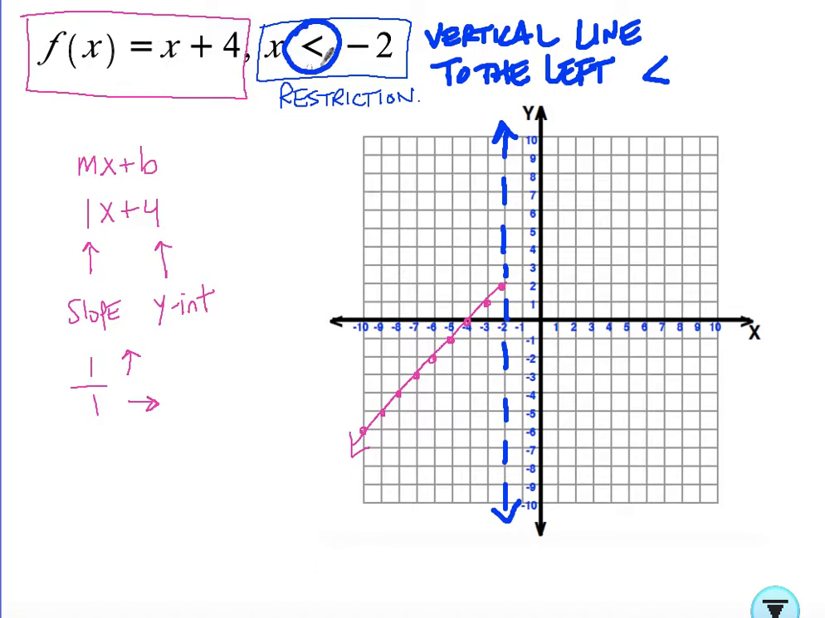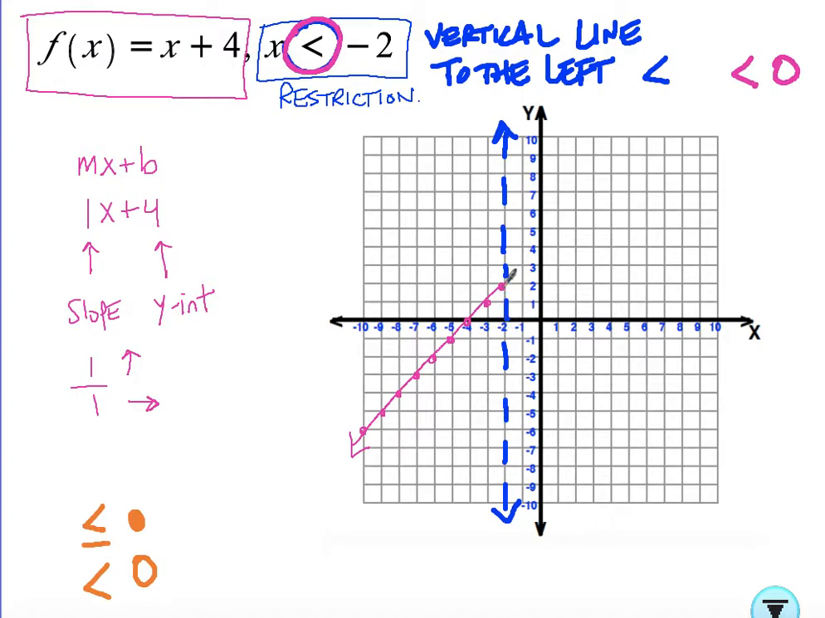which is a line, but we only want it to the left of our barrier. And then what we also have to pay attention to is whether this is a less than or equal to or just a less than. Since it's just a less than, we're going to have an open circle. If it was a less than or equal to, we would have a closed circle. But since it's just a less than, we're going to have an open circle. So what I mean by that is where it would hit the barrier is right here,